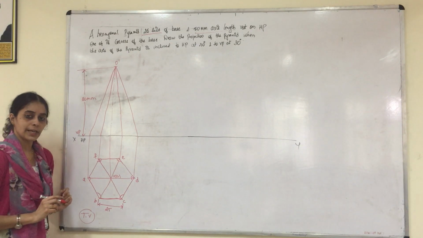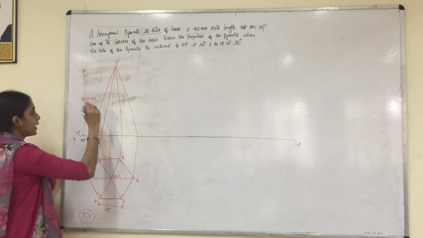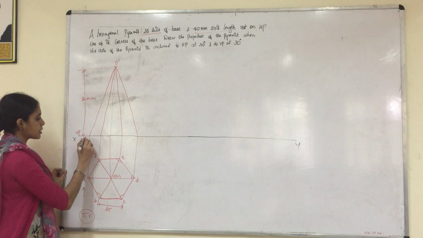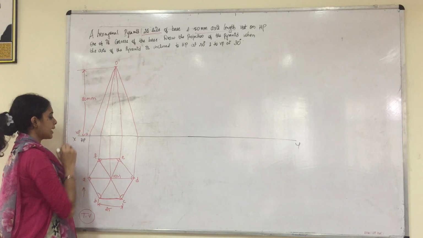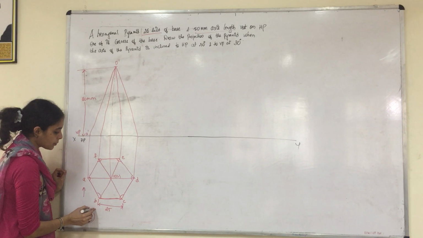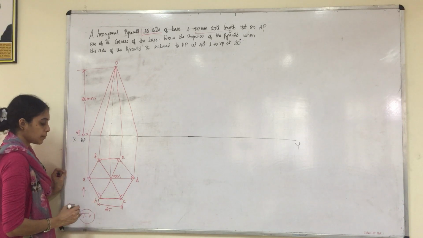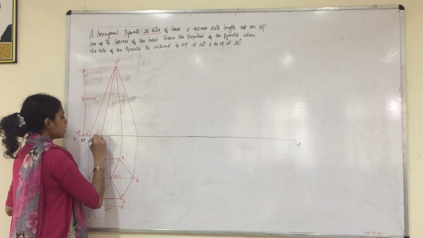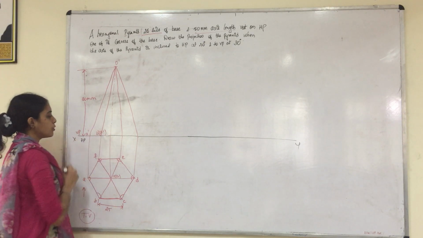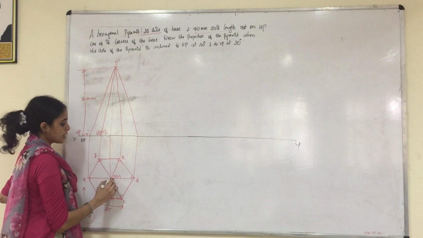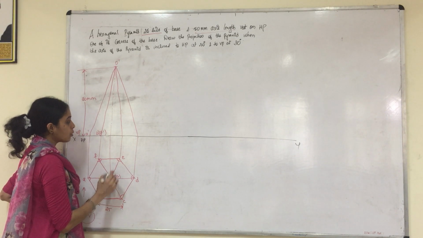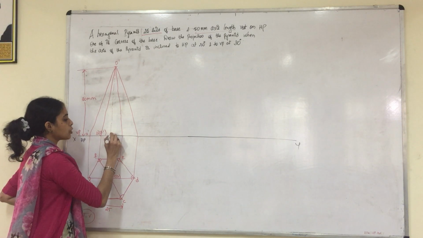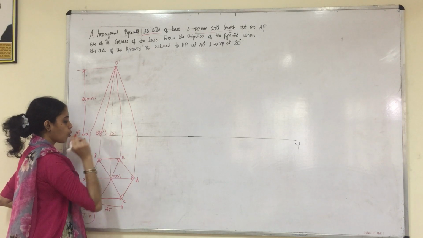So after you give the dimension, now you start writing the naming for the front view. So when the observer views from here, A will be visible. So when it comes to the front view, it becomes A dash. So now here the observer views from the bottom. B and F are along the same line. So B will be visible and F won't be visible. So you will write B dash outside the bracket and F dash within the bracket. And here you have two centers, O1 of the bottom surface and O of the top surface. So when the observer views from down, O1 will not be visible. So you will write within the bracket O1 dash.